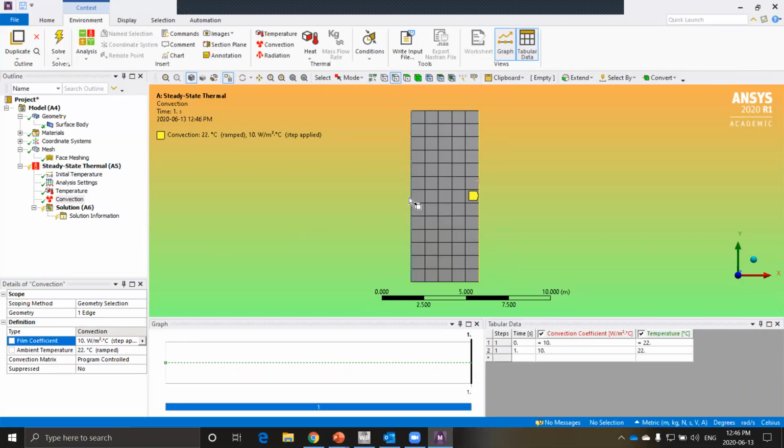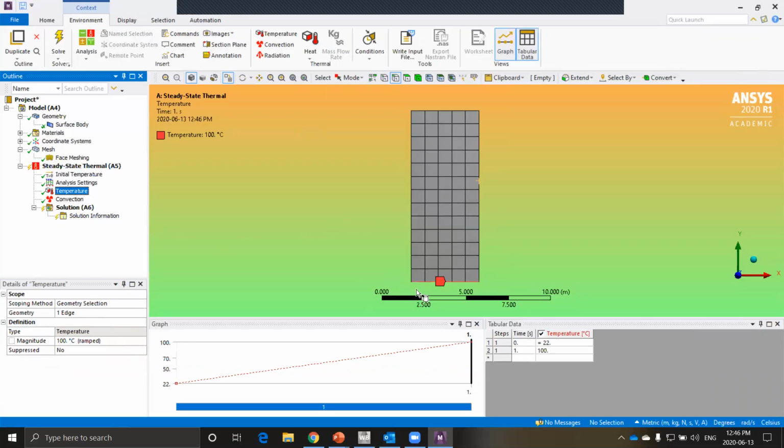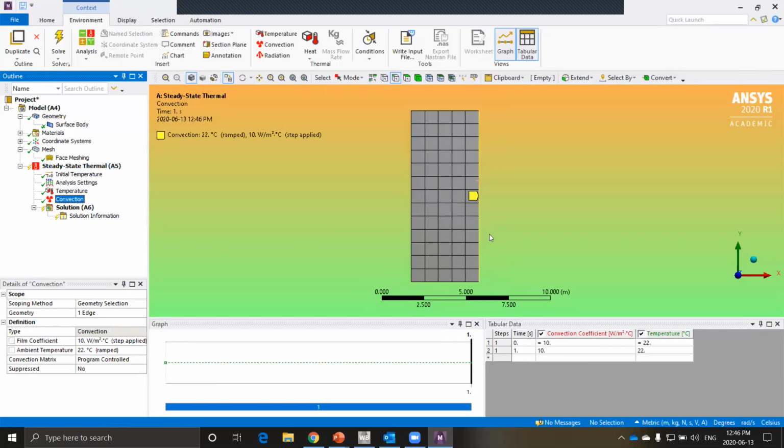Now, one thing is, I specified a condition for the lower edge and the right edge. So if I just leave the left and the top edges, by default, ANSYS Thermal assigns an insulated boundary condition to these two. So nothing comes out, nothing comes in on those two sides. So no heat comes in or out on those two sides? Yeah. Okay. So by default, it's insulated.